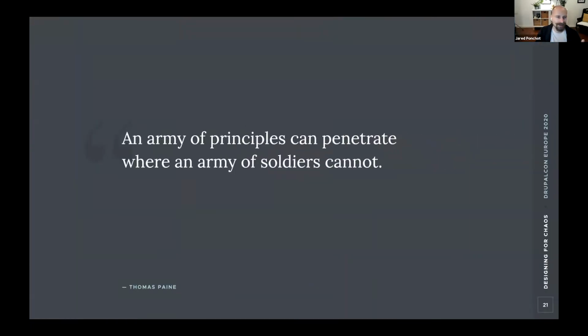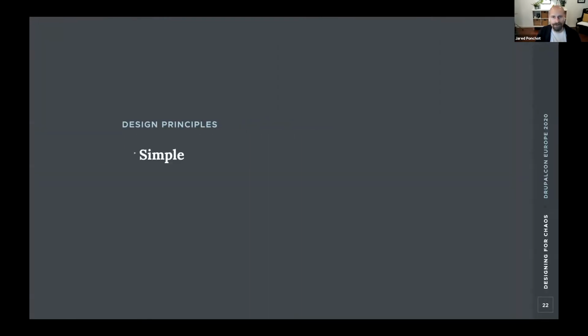So first, we established some design principles. This helped us define success in a way that was easy to remember and could remain true regardless of what we learned about our audience and stakeholders along the way. Our principles were that, above all, we wanted to design something that was simple, modern, focused, and flexible.